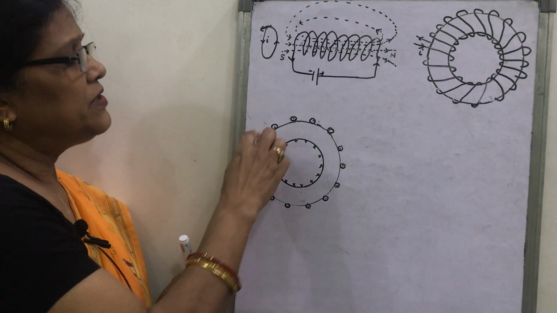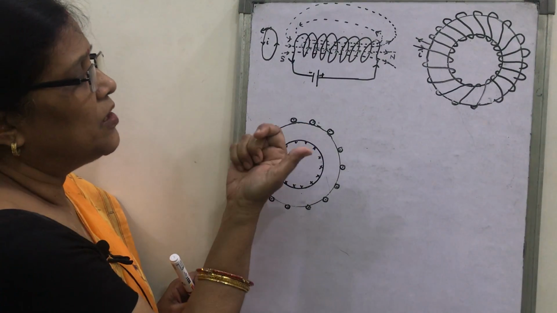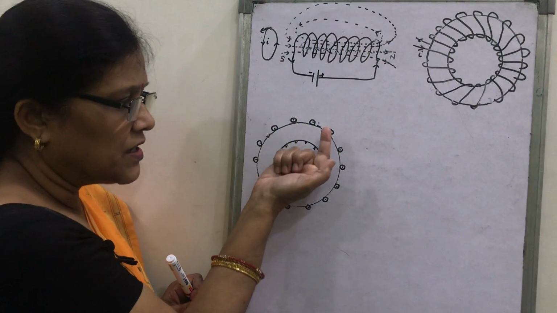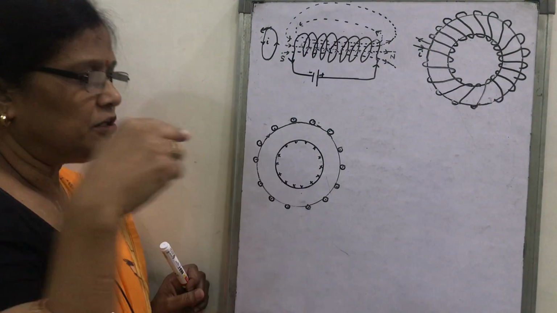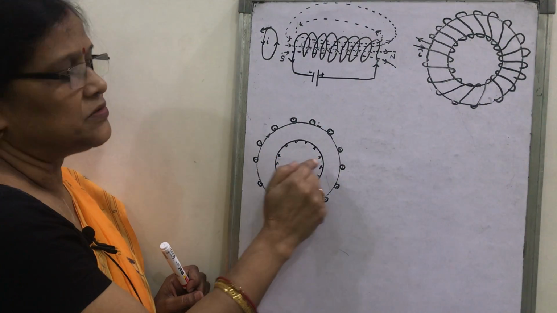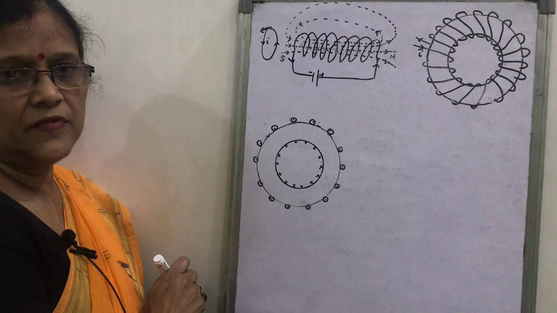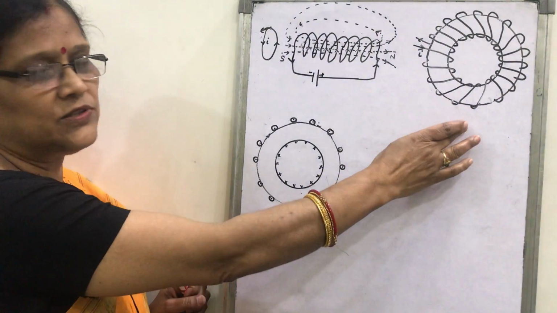So at the outer periphery, since the current is flowing here, the current comes out, then goes in, then comes out and goes in. This is shown by a cross, that the current is moving inside the turn and coming outside the turn. So this is the dot. How will you find the magnetic field of this toroidal solenoid?